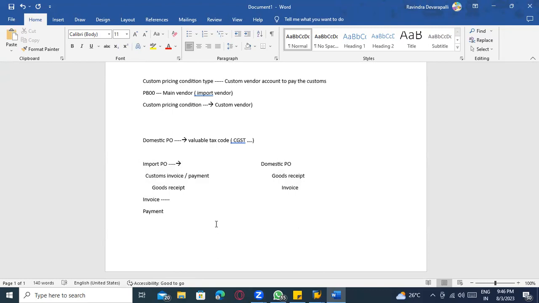When creating import vendors, we maintain the pricing schema for that import vendor, which is already defined with the pricing procedure and schema group and assigned at configuration level. Then it will be replicated. If you start talking about the pricing procedure, that is the answer.